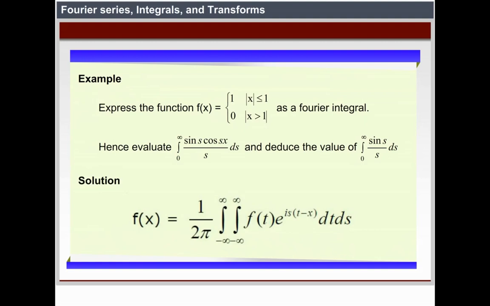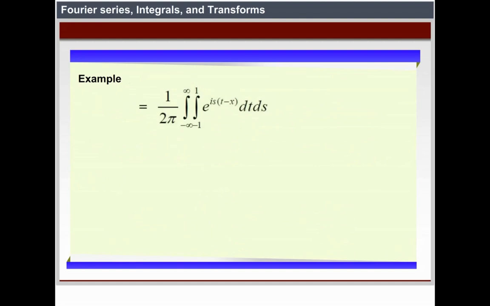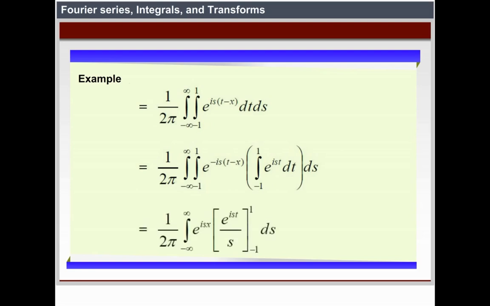Solution. f of x equal to 1 by 2 pi integral minus infinity to plus infinity, again integral minus infinity to plus infinity f of t into e power is into t minus x into dt into ds equal to 1 by 2 pi into integral minus infinity to plus infinity into again the integral minus 1 to 1 e power is into t minus x into dt into ds. We change the limit, equal to 1 by 2 pi integral minus infinity to plus infinity, again integral minus 1 to 1 e power is into t minus x into dt into ds equal to 1 by 2 pi integral minus infinity to plus infinity e power isx into e power ist by is with limits minus 1 to 1 into ds